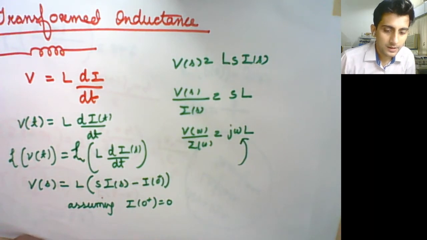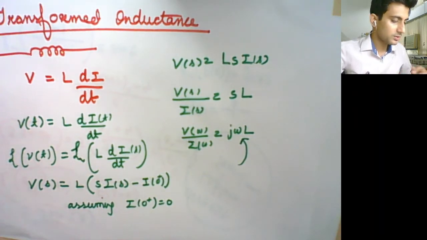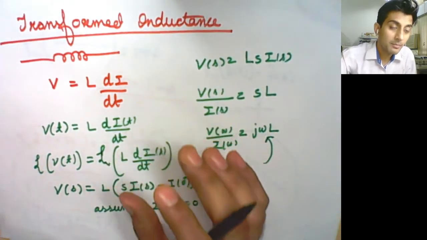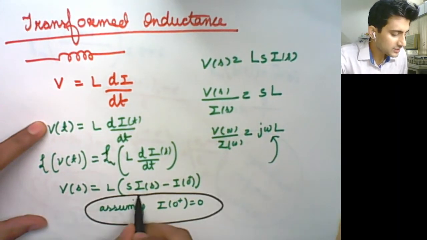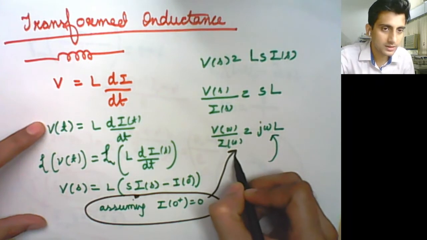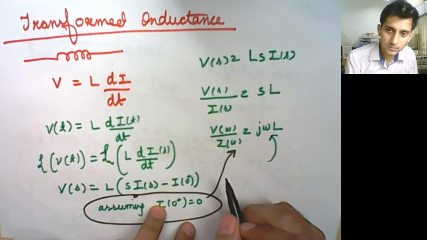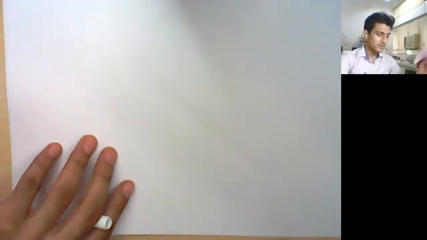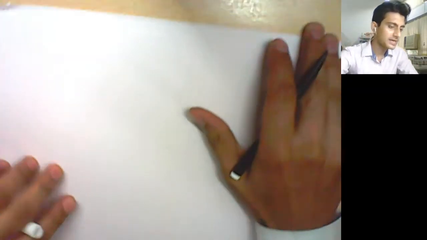Fine. So you can just make a small table. I hope this must also be very clear to you. But remember that this condition is imposed and then we have got it. If this condition would not have been true, if it was some non-negative or non-zero values, then we would have to take care of it as per the given condition. So how we will do that, we will see it. But as of now, we have learned a few things and let us summarize it using a table.